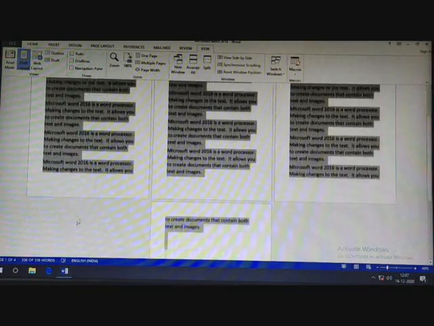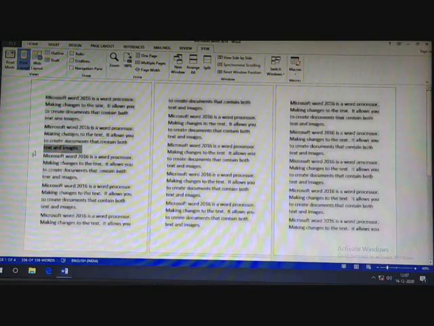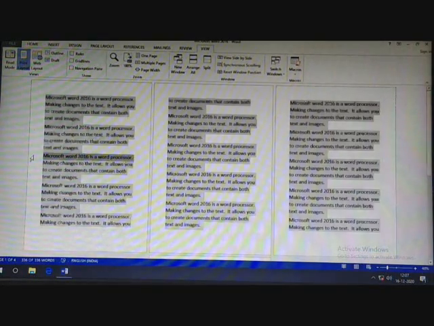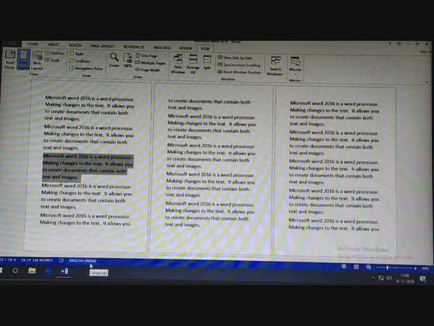Okay, see, everything is selected in the whole document. So if you want to select the whole document, triple click in the selection bar. Now we will repeat it again. If you want to select a line, just click once at the side of the line. That particular line will be selected. If you want to select a paragraph, double click in front of that paragraph. That full paragraph will be selected.